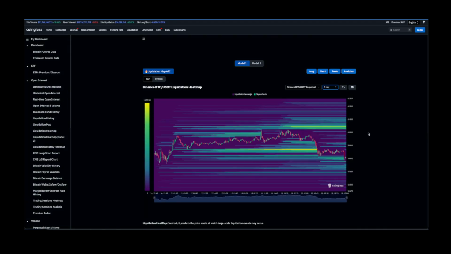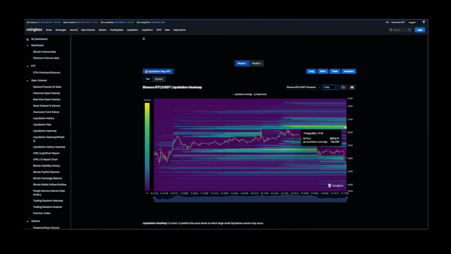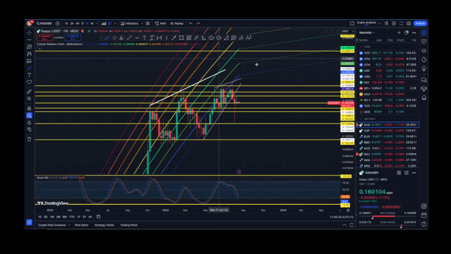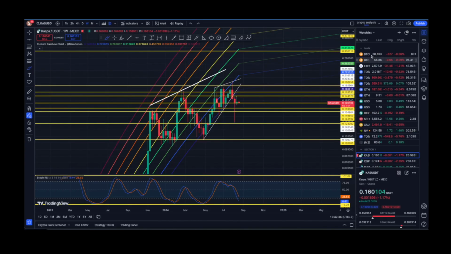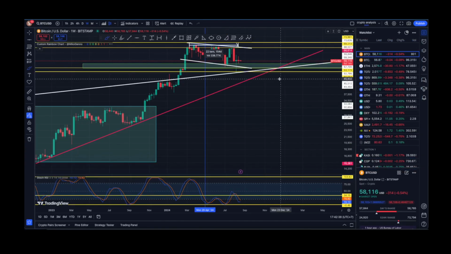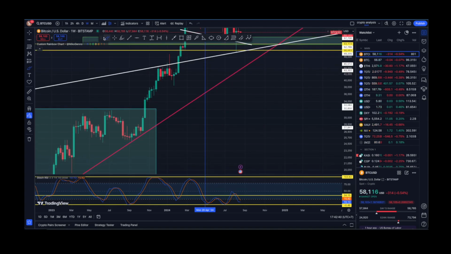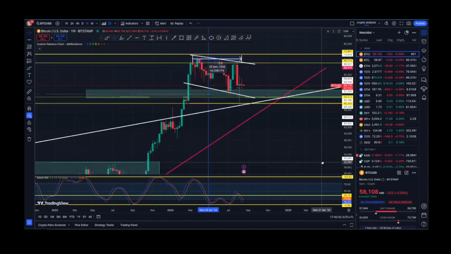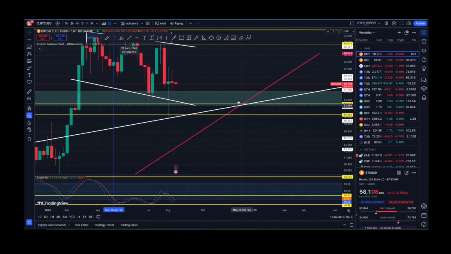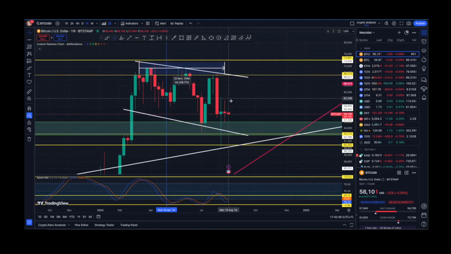However, looking at the 3-daily liquidity heat map for BTC, we can clearly see that liquidity is in that zone. So in my personal humble opinion, BTC is going to go towards the upside, and of course, in my opinion, that is going to bring the price of Kaspa with it as well, all right? So this is how things are looking at the moment. We are still trading in that formation for BTC.